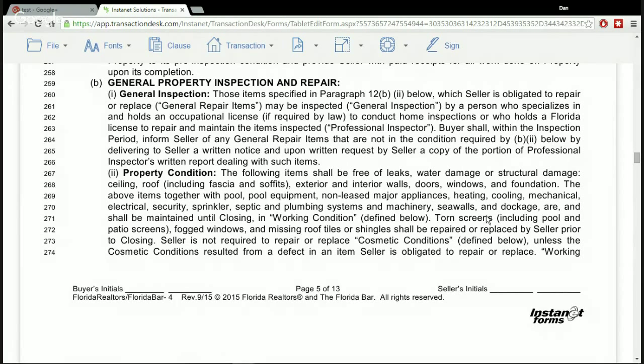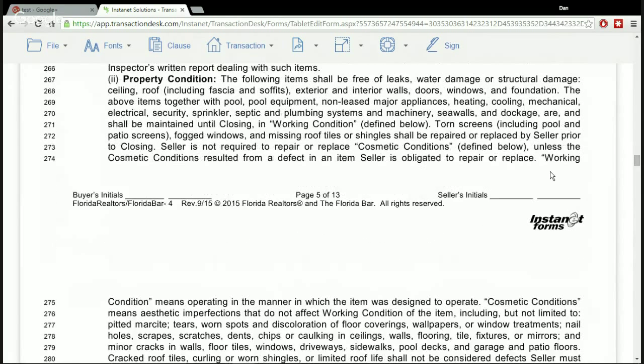So it continues on. Torn screens, including pool and patio screens, flood windows, and missing roof tiles or shingles should be repaired or replaced by seller prior to closing. Seller is not required to repair or replace cosmetic conditions defined below, unless the cosmetic conditions resulted from a defect in an item that the seller is obligated to repair or replace. So here's that definition for working